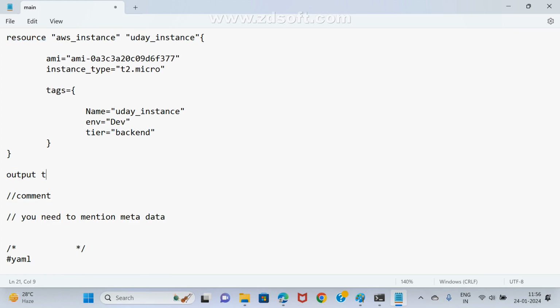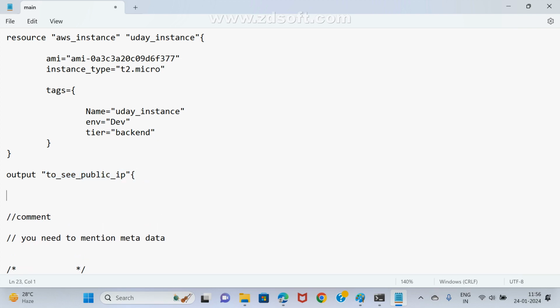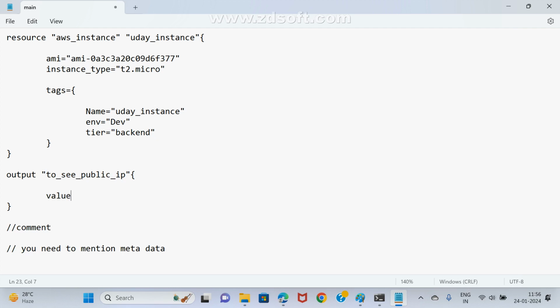To see what you want to see, to see the public IP, we may type public underscore IP. This is the user defined name. Try to understand, this is not a technical word. Output, and after that, this is the user defined name. What you want to see on the screen? Value is equal to